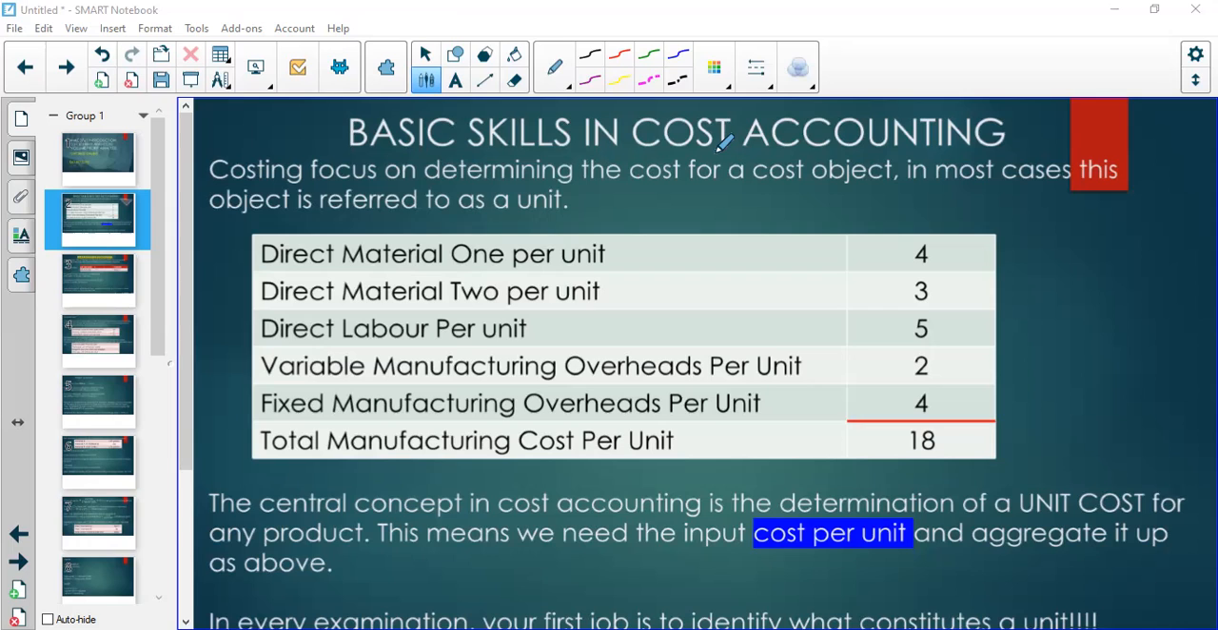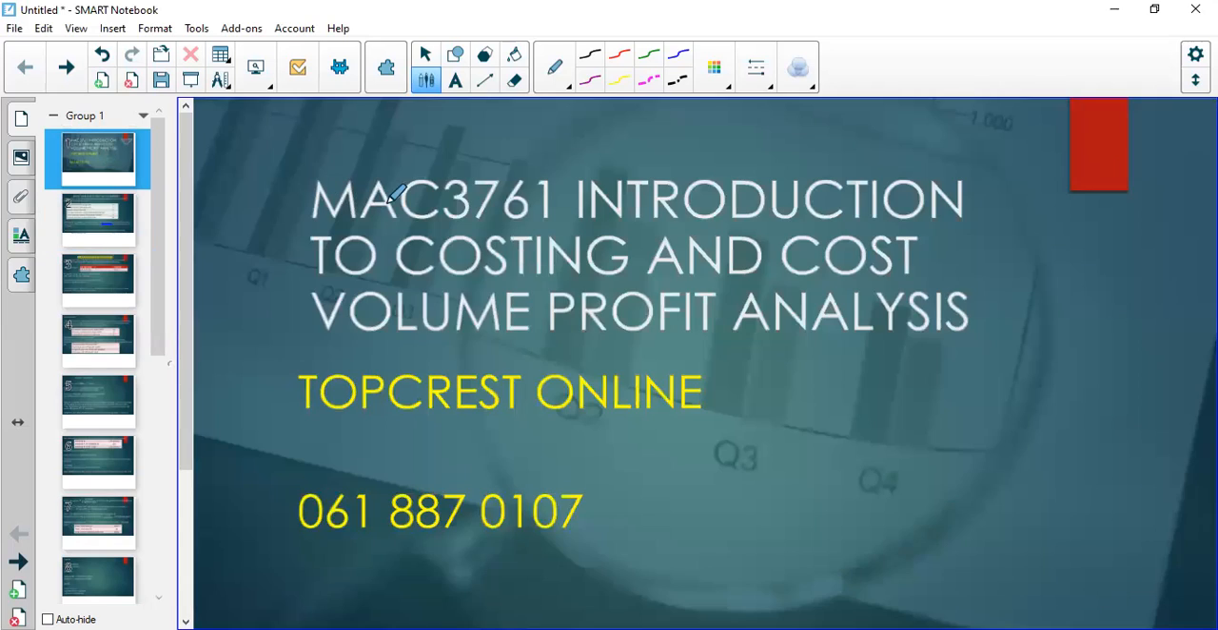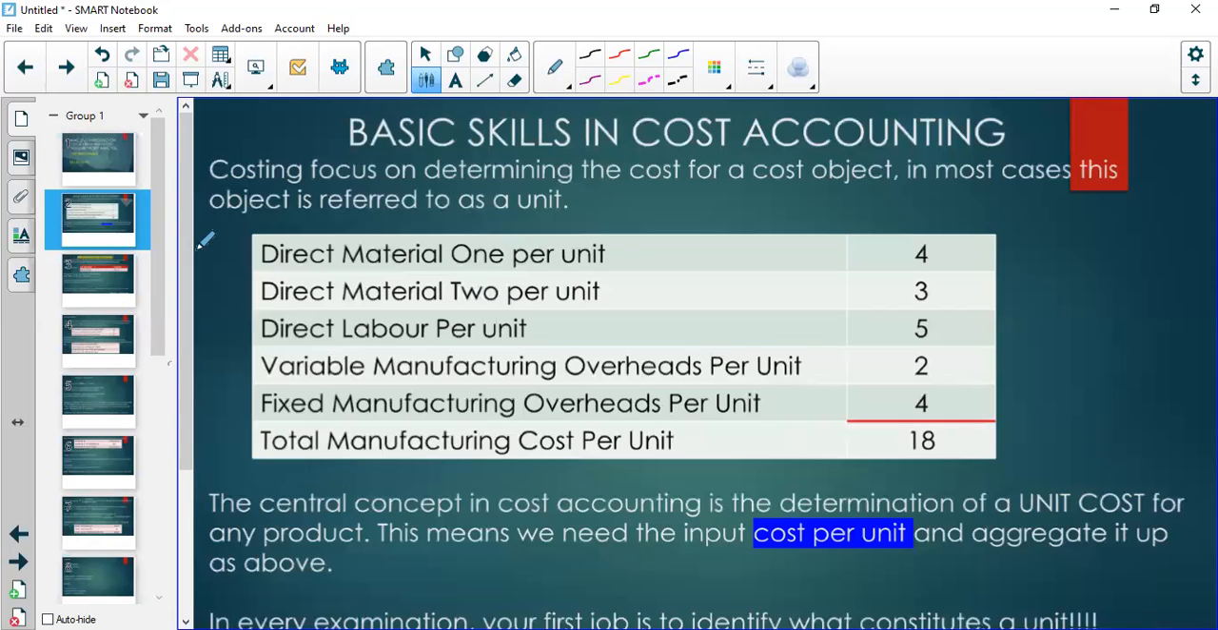All right, so today we're going to focus on the tools and techniques. This has not changed. It should be the tools and techniques of cost accounting. So when we look at the tools and techniques of cost accounting, which is what we're interested in today,